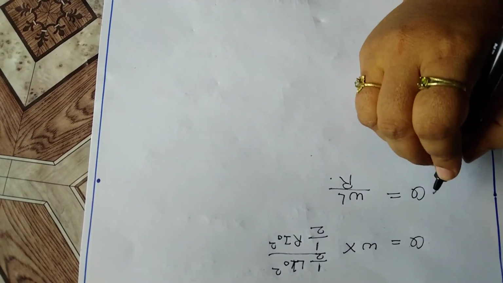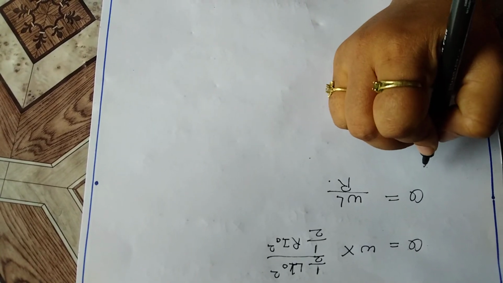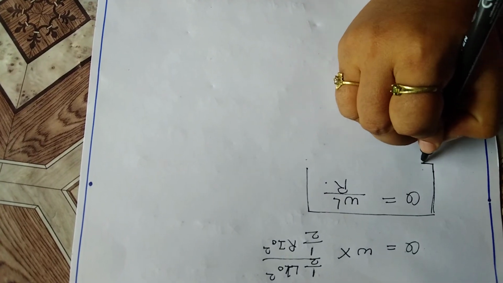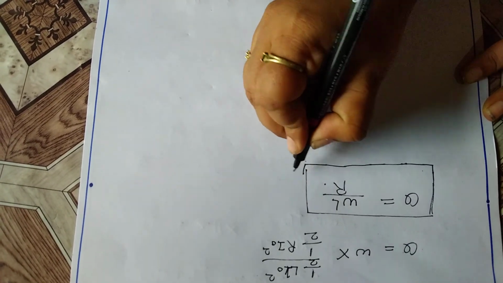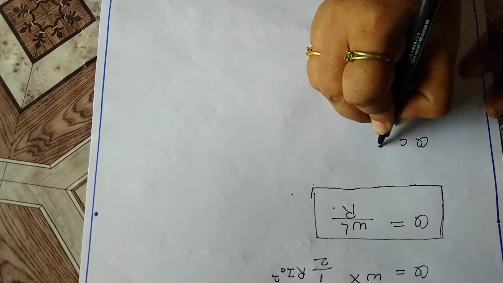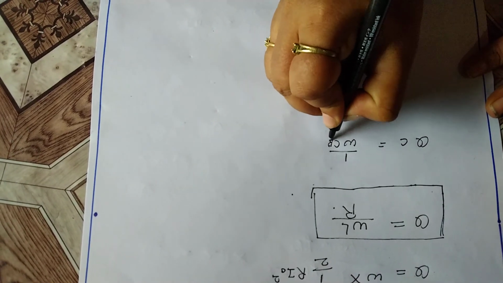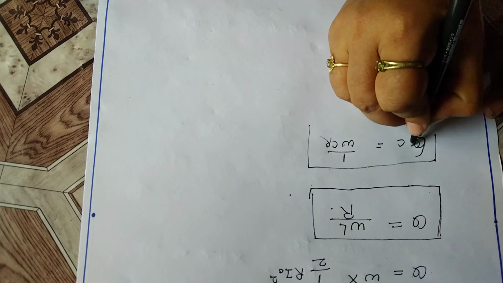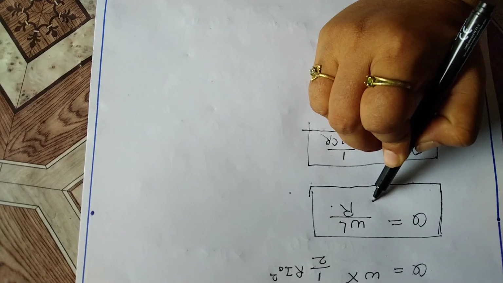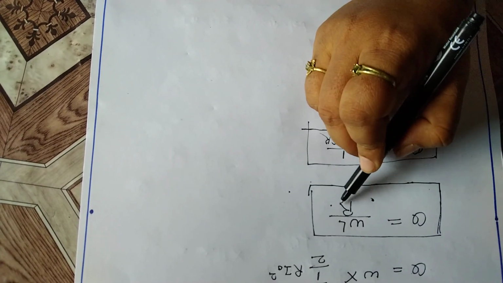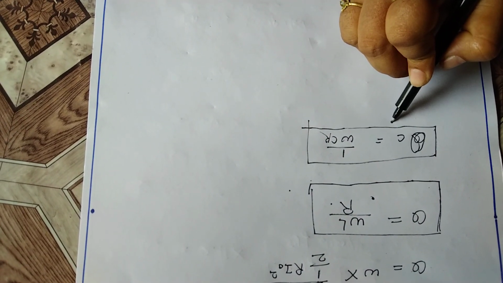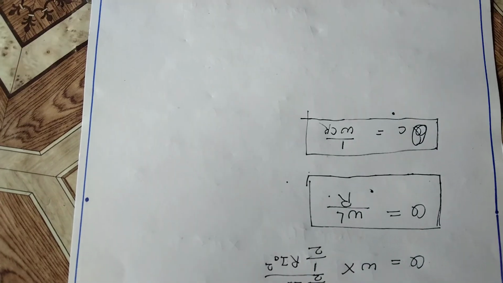Q is equal to omega L divided by R. This is for a circuit with inductor and resistor in series. When the circuit has a capacitor and resistor, we get QC is equal to 1 by omega C R. So this is the quality factor for a circuit containing an inductor and resistor, and this one for a circuit containing a capacitor and resistor. Okay, thank you.